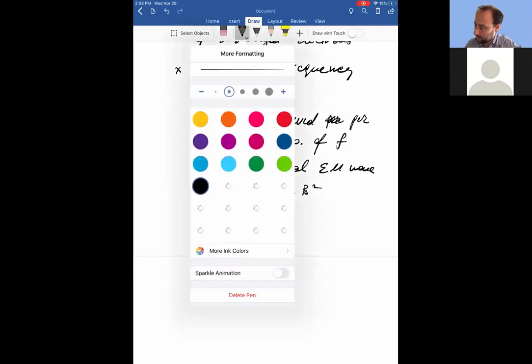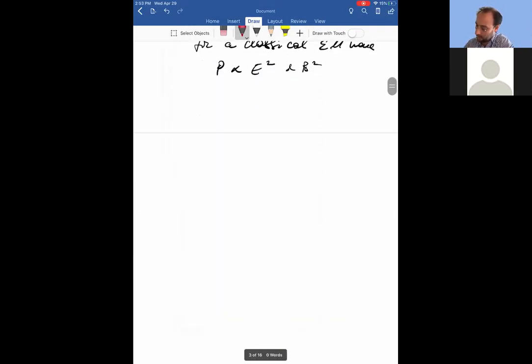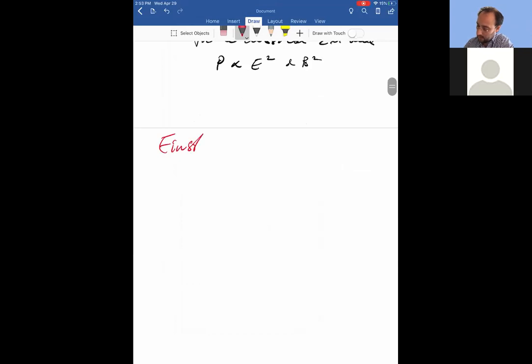I'm going to use red color. And by the way, there's probably an interesting history involved. Einstein received the Nobel Prize much later, not for relativity. I'm not sure why. Maybe people did not believe relativity. It maybe was too controversial. So in the statement of the Nobel Prize, it says that the Nobel Prize is given for his services to theoretical physics, kind of a vague term, and for the explanation of the photoelectric effect.